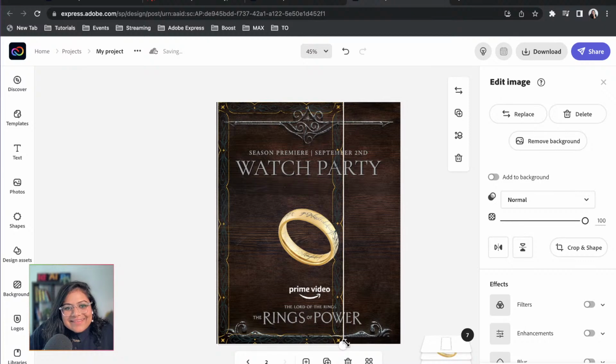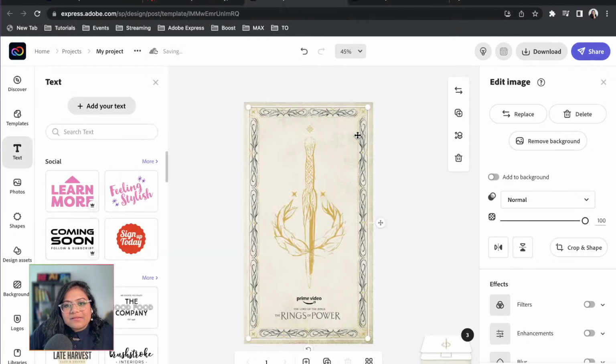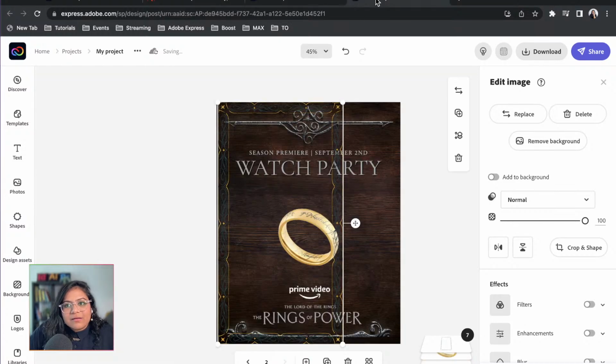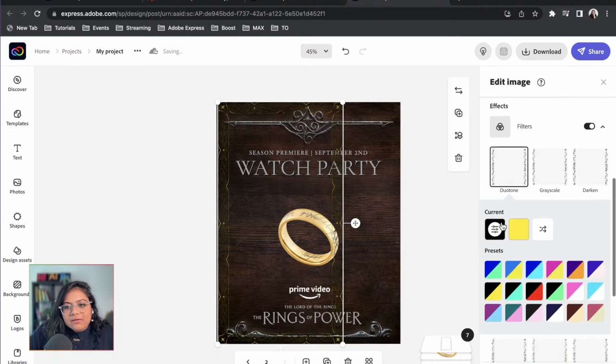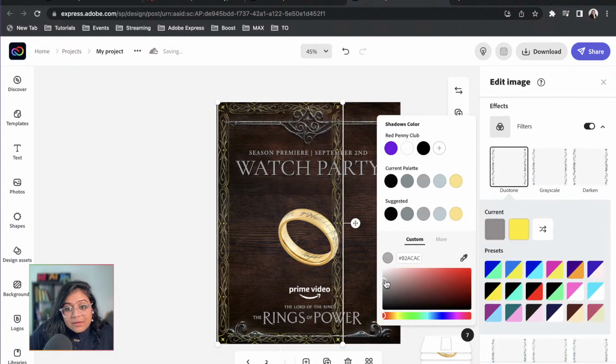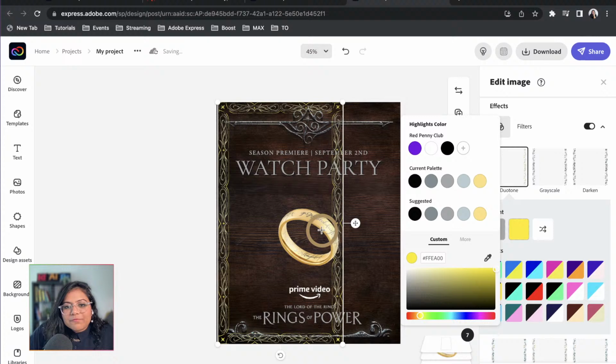But let's actually go here. This looks cool. Okay, let me change the filter of this. All I did was copy this background asset, which is like a border, and I'm gonna apply a filter to it just so that it looks like it's visible. So I'm gonna use, ooh, this is fun. I think I'm gonna use like a gray, and I can actually go in and fetch this gray color as well. So I'm gonna fetch this color, and then for the highlights, I'm gonna fetch the color of the ring. Okay, wow, that looks amazing.